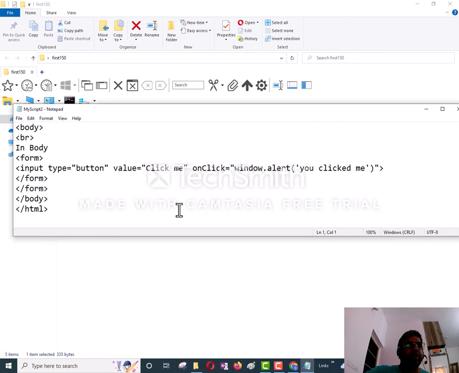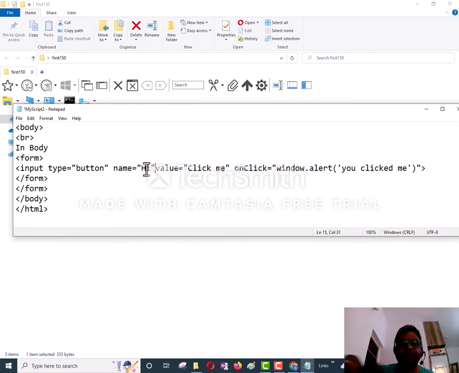A button input element named hi. So button name is equal to hi. Name is something like an ID,